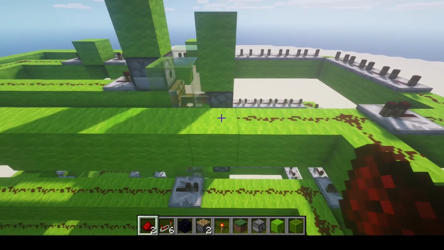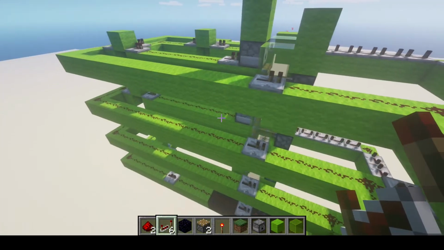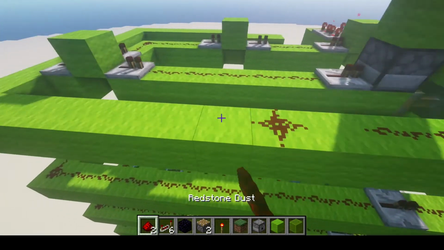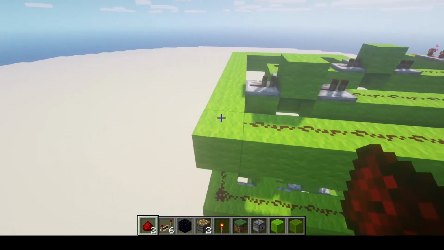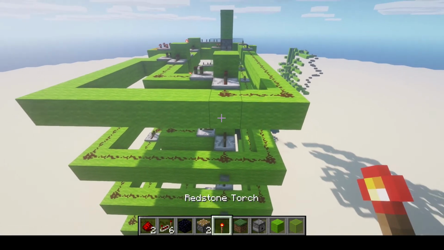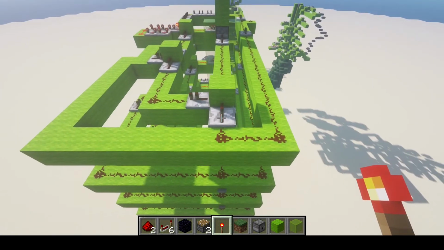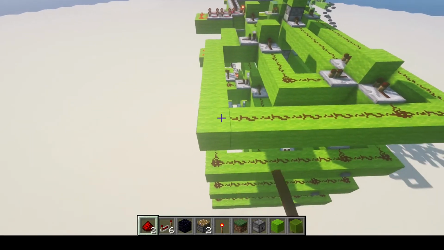Then you have to add your redstone dust, and then the repeater going that way, then redstone dust all along here, like this, and then connecting up to that repeater. Then you can add your button here, but do not do that yet. And then you add your redstone dust going across,